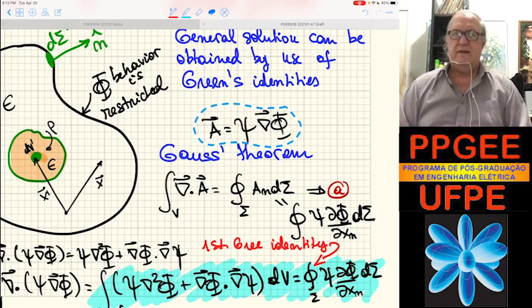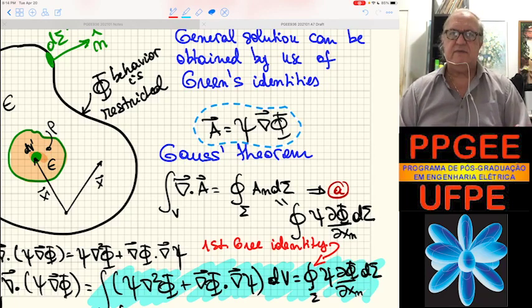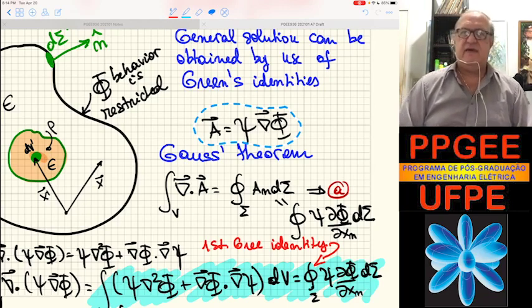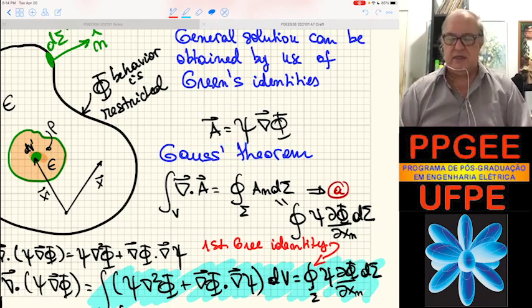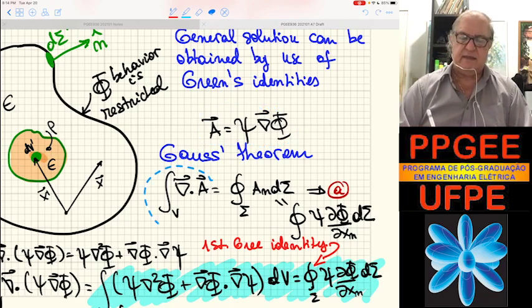I'm going to use two different scalar functions, psi and phi, because one of them is going to be the potential, and the other one is going to satisfy one important condition we already derived. So Gauss's theorem establishes that the volume integral of divergence